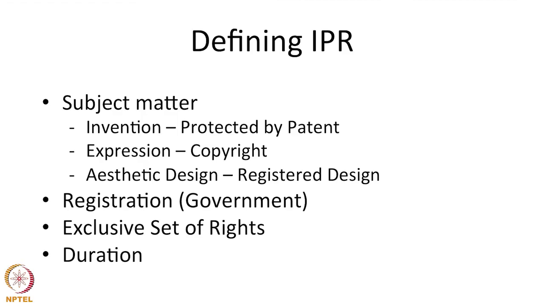Defining IPR, we had seen that there are certain elements that together constitute the concept of intellectual property right. We saw the fact that the subject matter can be replicated, it can be repeated, the fact that the right grants the right holder the option of enforcing it against others, and we also saw other characteristics or traits of intellectual property right. Now, one of the things in understanding or in defining intellectual property right is to first understand the subject matter on which the intellectual property right will manifest itself.